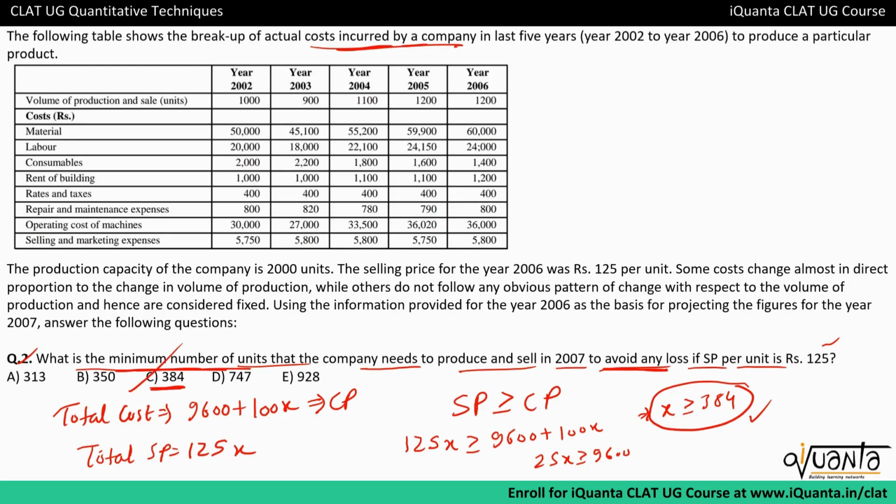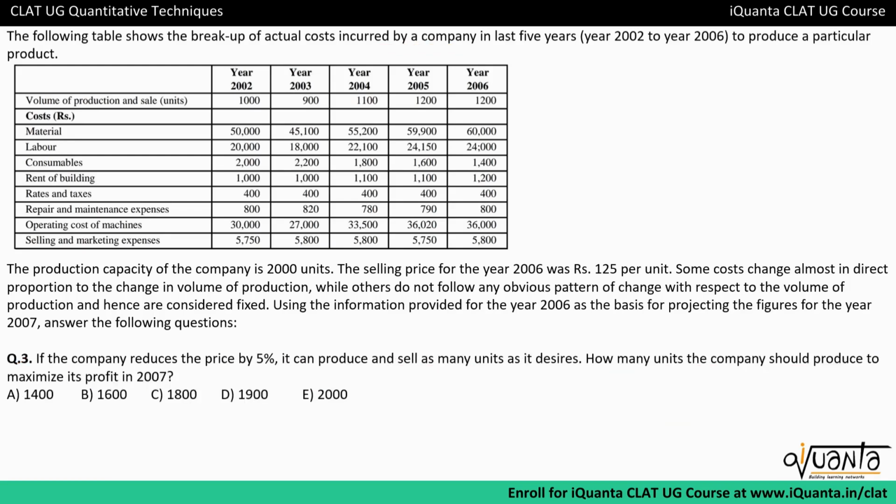So here we had to use the basic profit formula, SP minus CP. Now let us go to the next one. Third one is, if the company reduces the price by 5%, it can produce and sell as many units as it desires. How many units should the company produce to maximize its profit in 2007? So now the selling price of every unit must be reduced by 5%. So the new SP per unit will be